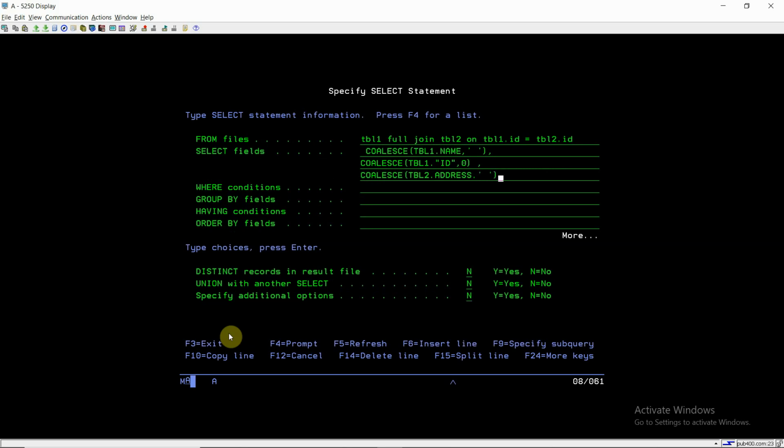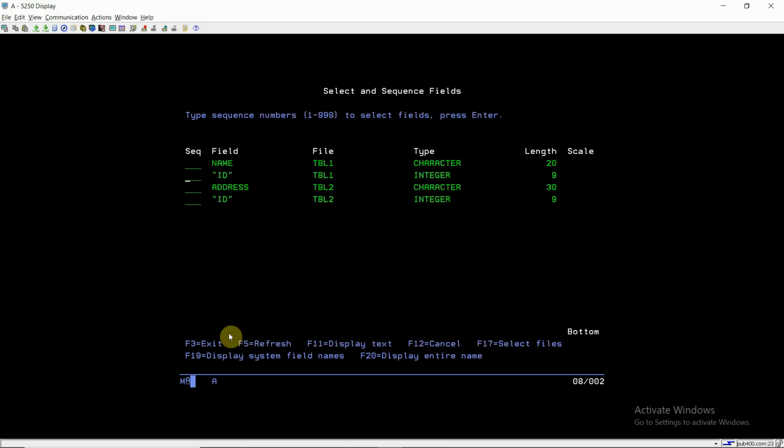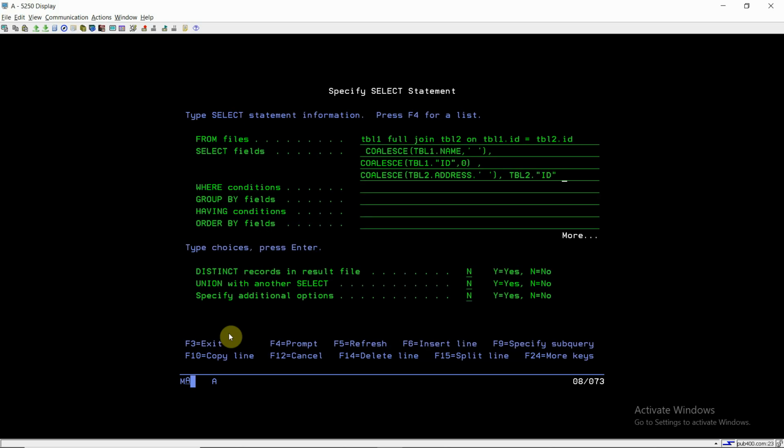We will have the blank value if null. For ID again in table 2, we will have the 0 value in case of null.